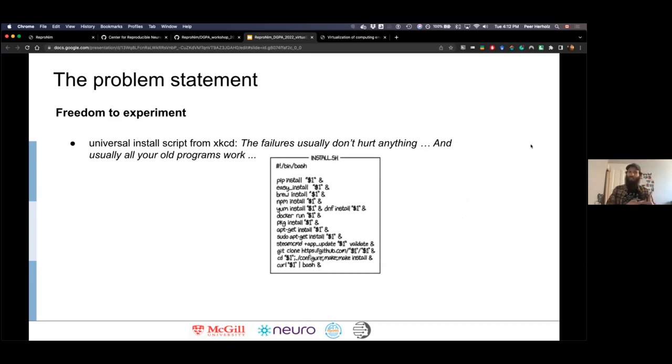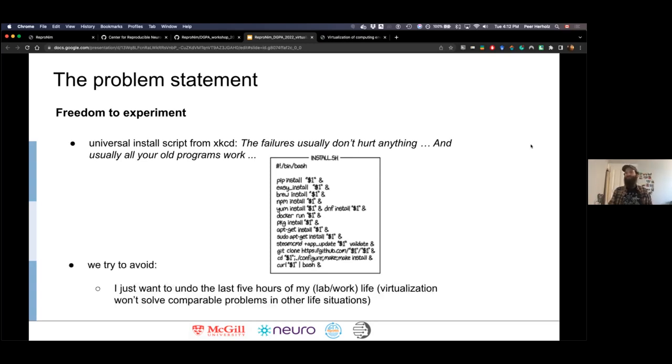And once I started, one problem after the other started popping out, and it's getting more and more. Once I managed to get one software to run, basically 10 others wouldn't run anymore because it changed something on the way. And then 2 days just gone. So what we try to avoid when we address that is basically we will just undo the last 5 hours of my life